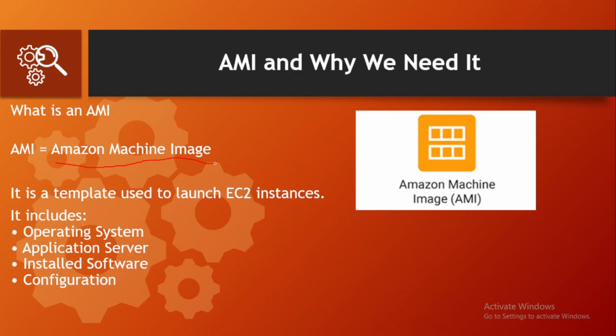So first, understand what exactly an AMI is. An AMI or Amazon Machine Image is basically a template used to launch EC2 instances. You can think of it like a ready-made server blueprint. The blueprint contains everything needed to start a server. For example, the operating system, the installed software, application setup and configuration, and all those things which are required to launch a server. So when you launch an EC2 instance, AWS uses this template to create the server. Without an AMI, AWS would not know what kind of server you want to run.